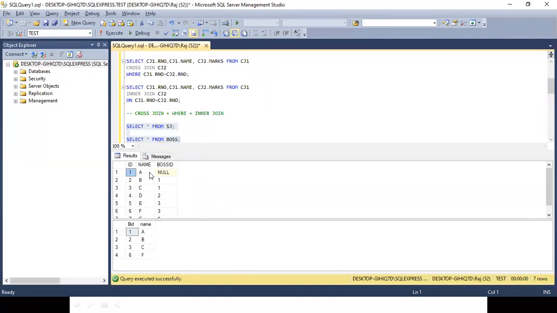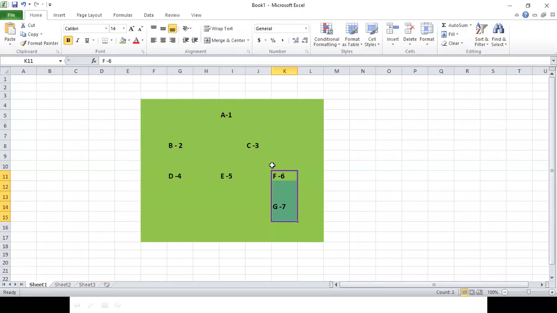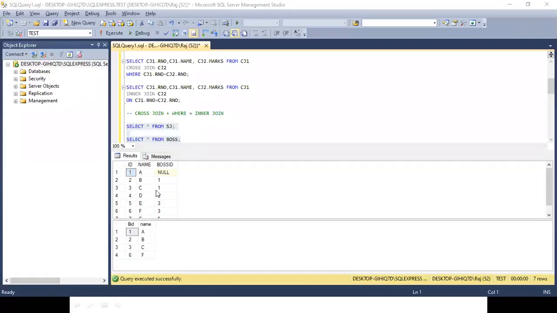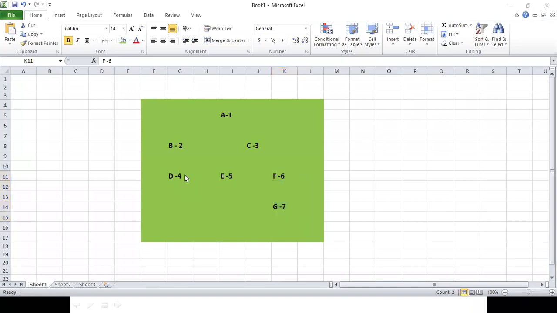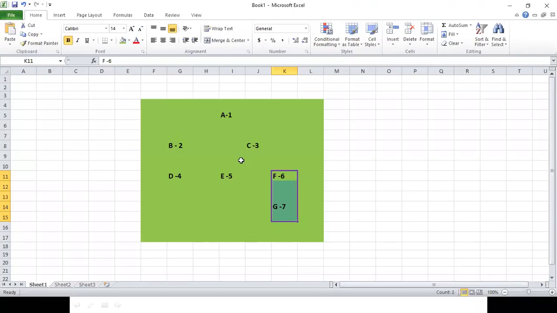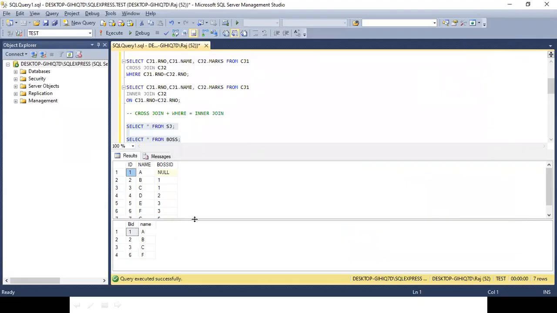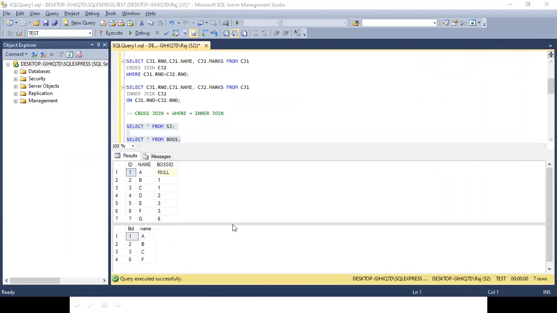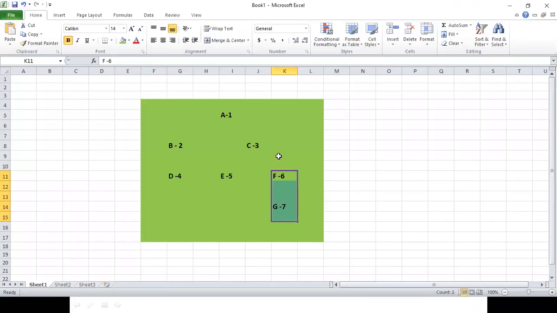A is the big boss, so he doesn't have any boss. B and C, the boss is 1. D, the boss is 2. E and F, the boss is 3. And G, the boss is 6.